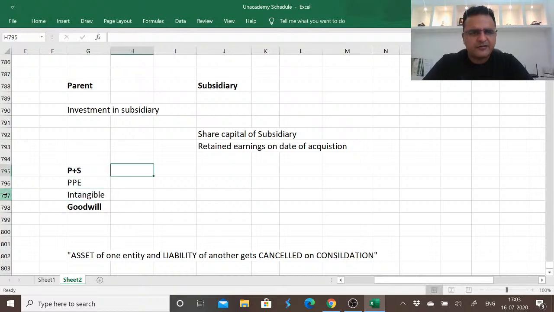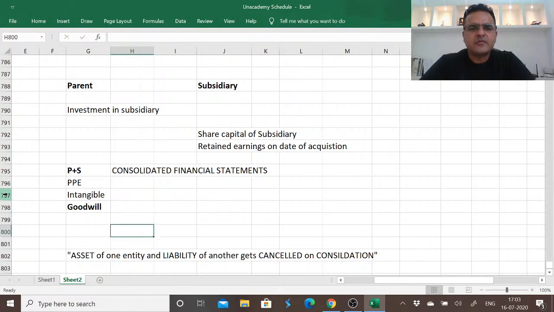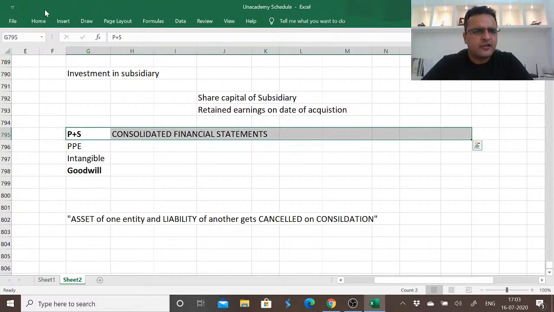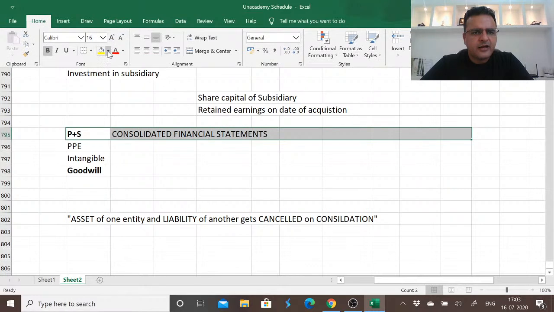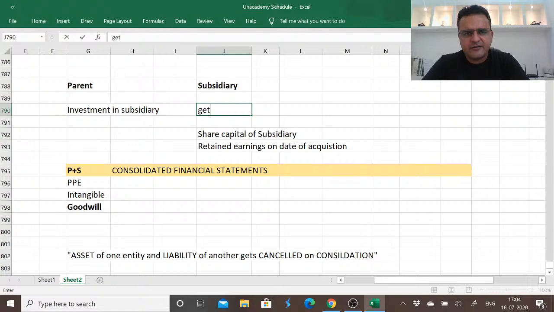In consolidated financial statements, we add up the results of parent plus subsidiary. But when we add them up, we remove the investment in subsidiary, and if we paid over and above the fair value of net assets, we remove this line. So this line is not presented as part of P plus S. Investment in subsidiary is not presented. This gets eliminated, this gets cancelled